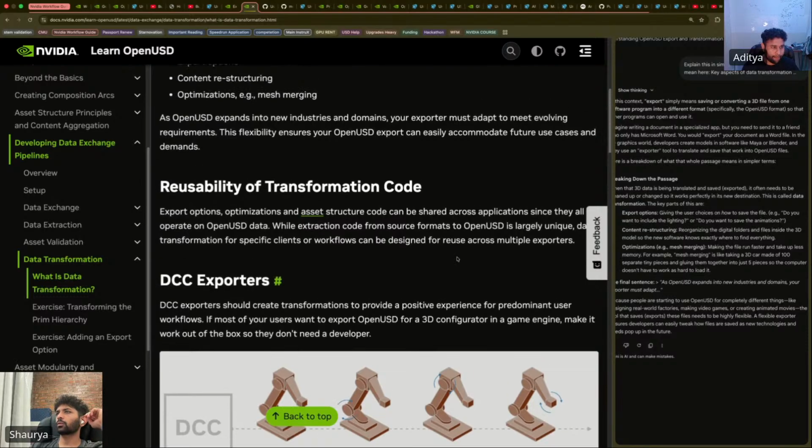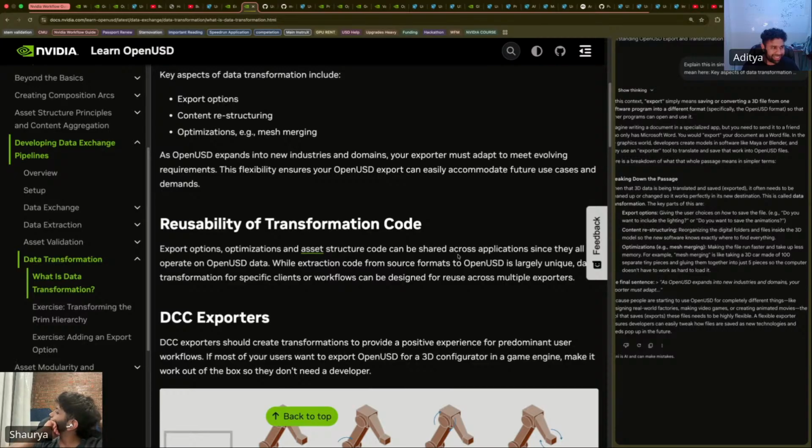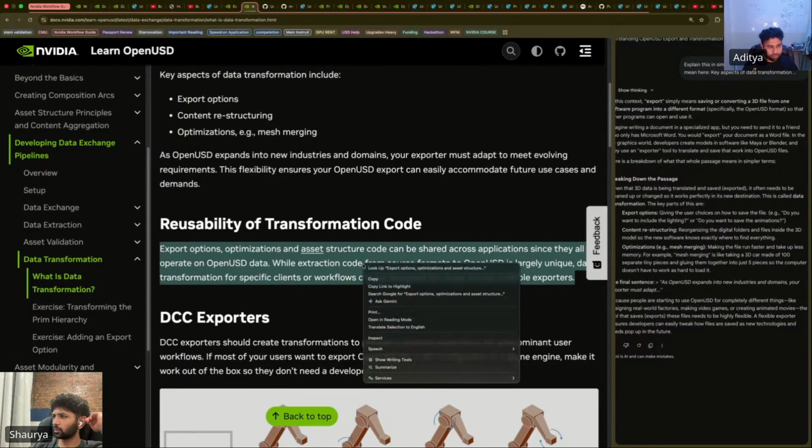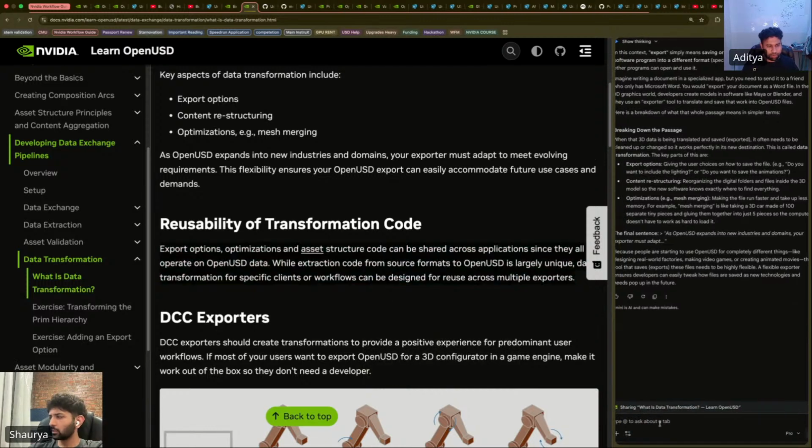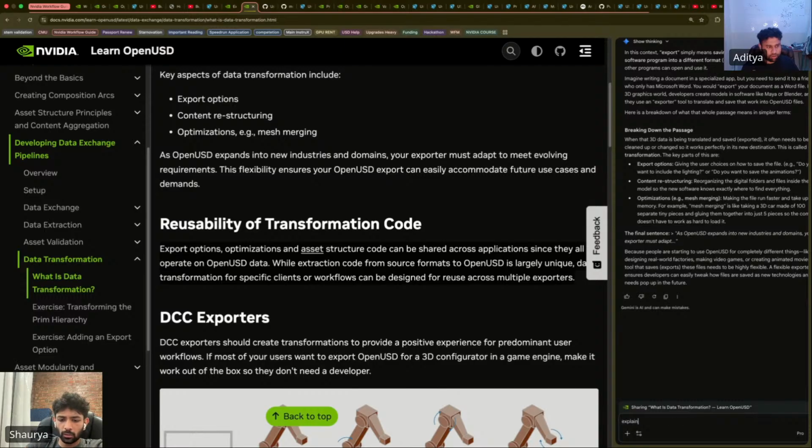Usability of transformation code. Explain how USD export options, optimizations, and asset structure. What is data transformation? Do you know what this means? I'm just looking at it. Export options and optimization asset structure can be shared across applications. Oh, okay. It's talking about